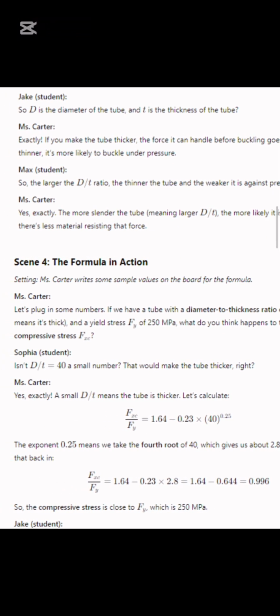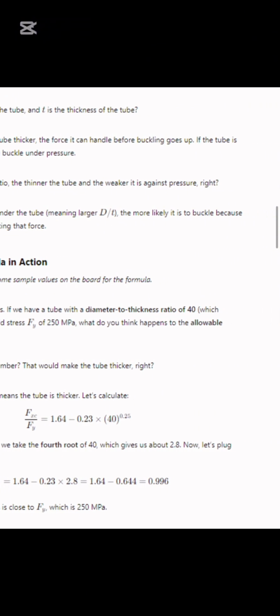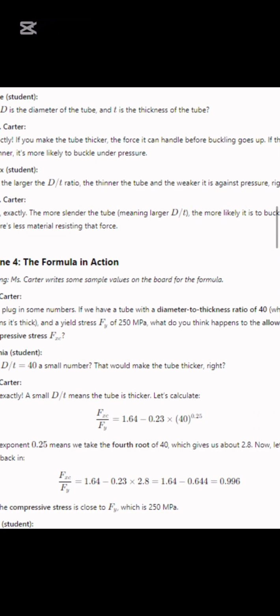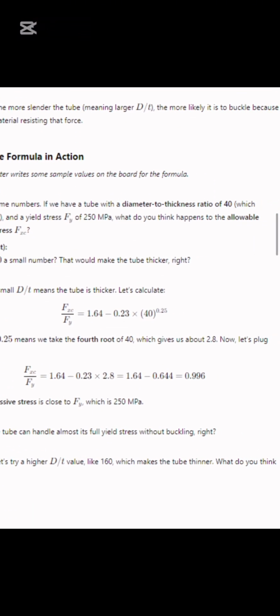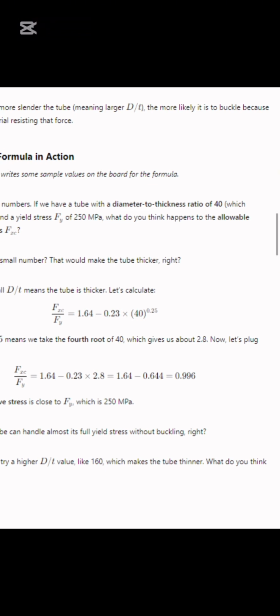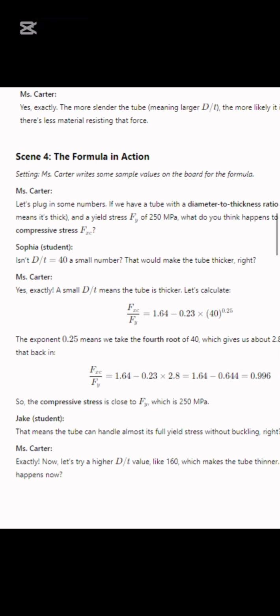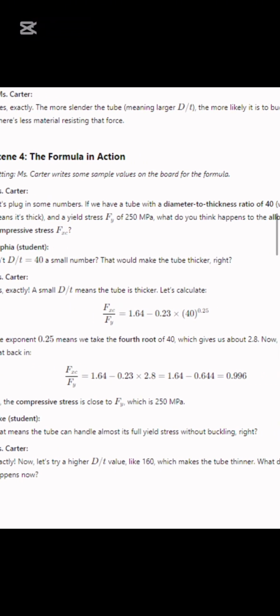Yes, exactly. The more slender the tube, meaning the larger the d/t, the more likely it is to buckle, because there's less material resisting that force. Let me plug in some numbers. If you have a tube with a diameter to thickness ratio of 40, which means it's thick, and yield stress Fy equal to 250 MPa,